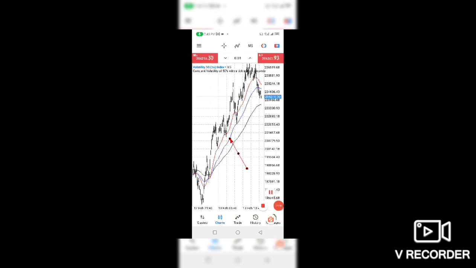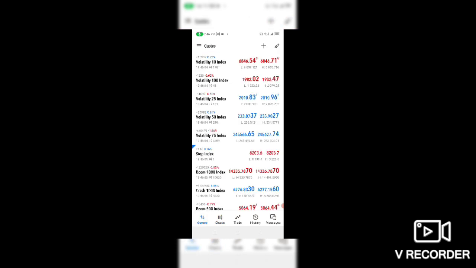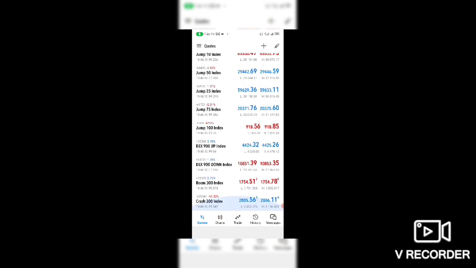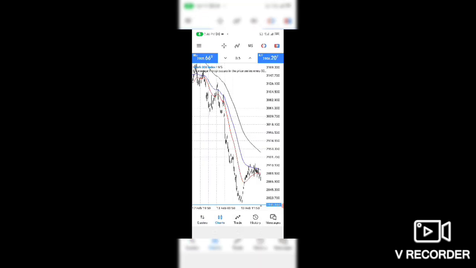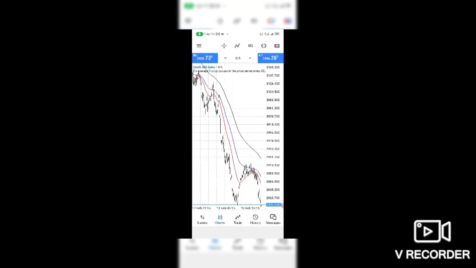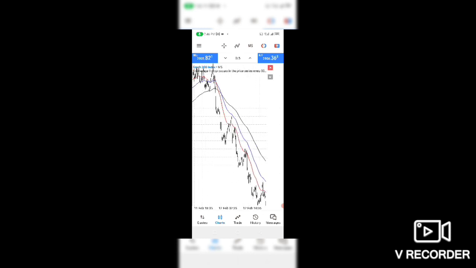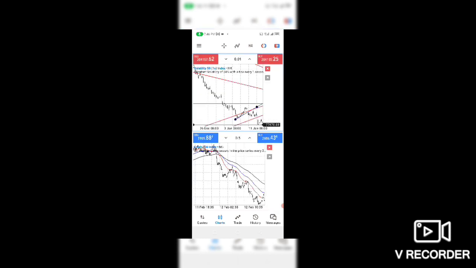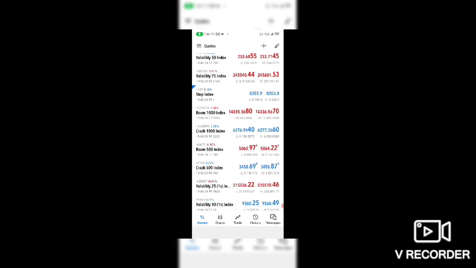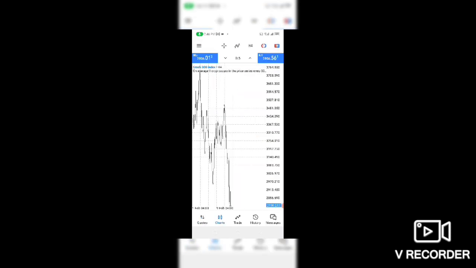This video is taking time, but it's worth it. So we are going to actually check a signal that is very, very strong at higher time frame, and we are going to actually do something reasonable about this. Let's consider Crash 300 Index, okay? And let's go to the technical chart, because this is an indicator chart. So here we're going to open Crash 300. After, I'll go to Forex market and start with the month.